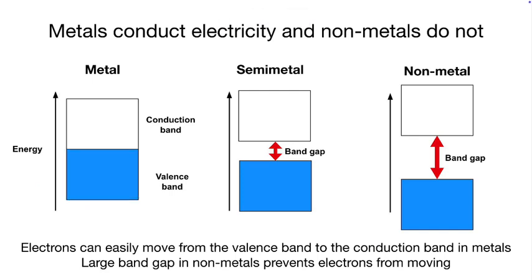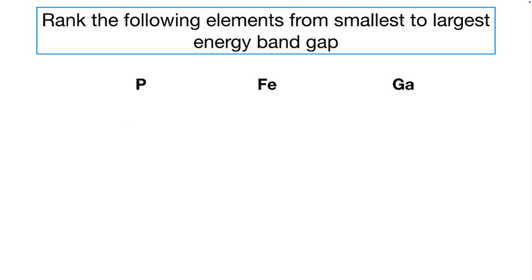So with that context, we could then shift to ranking the elements from smallest to largest energy band gap. How would we go through and do this? The first step is to separate your metals from your nonmetals. So we can see phosphorus is to the right of our staircase, which means it is a nonmetal. Iron is a metal. And then gallium is